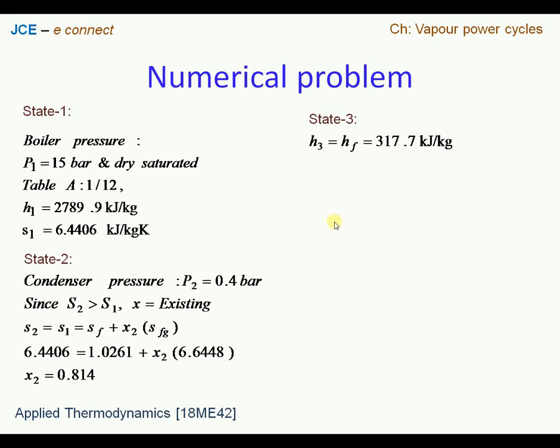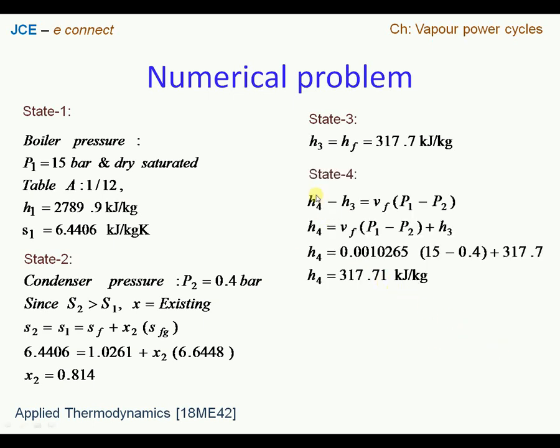So therefore we have H4 minus H3, where you are going to equate the enthalpy with reference to V dP. Based upon our TdS relation, dH is equal to V dP. So using that equation, one can write H4 minus H3 equals the integral of V dP. Sending H3 to the other side of the equation, we have Vf times the change in pressures. One is the boiler pressure, the other one is the condenser pressure.